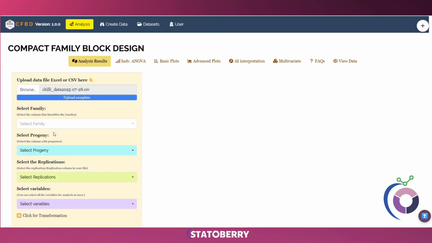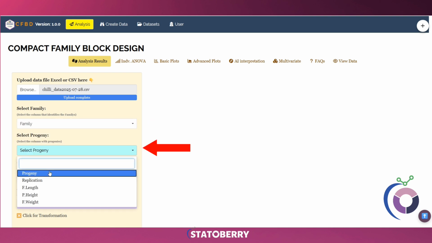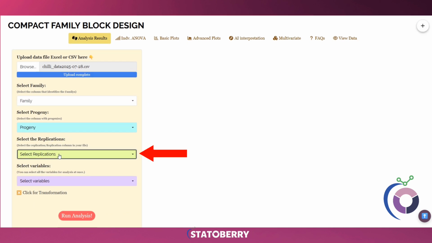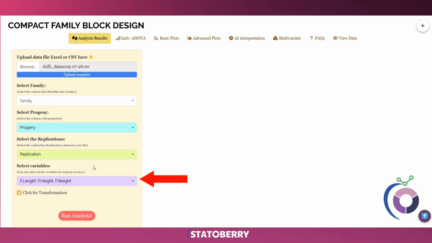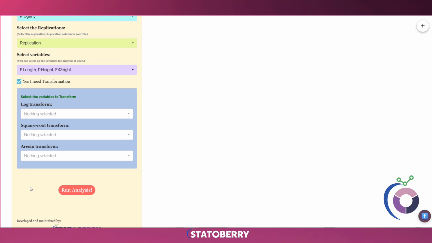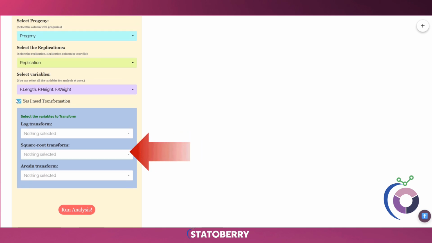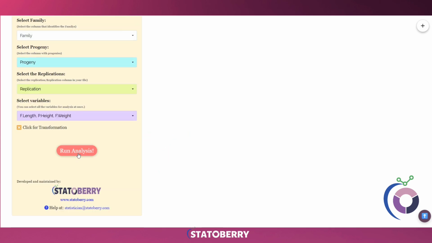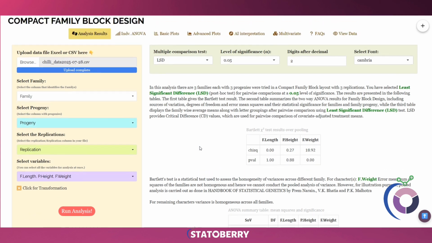After uploading the file, you need to select the Family column. Then select the Progeny column. After that, select the Replication column. And next comes the Variables column. If any of the observations need transformation, click for Transformation, click Run Analysis, and just like that, your results are